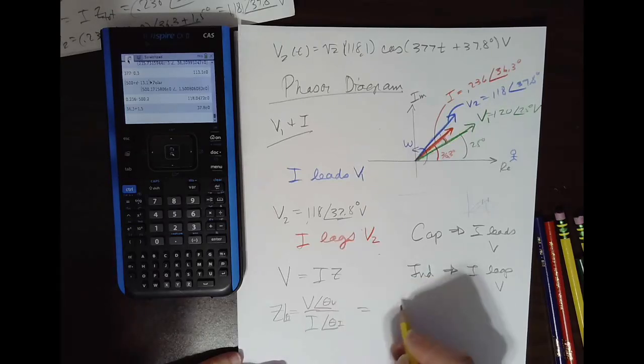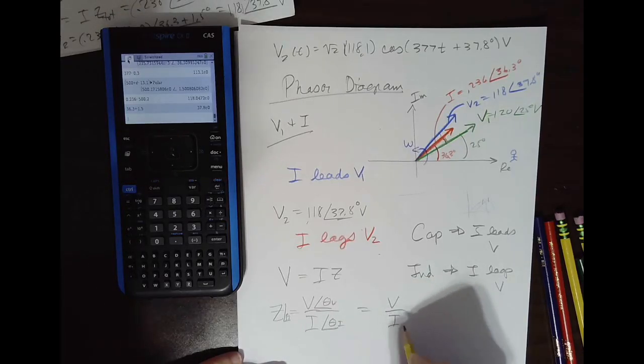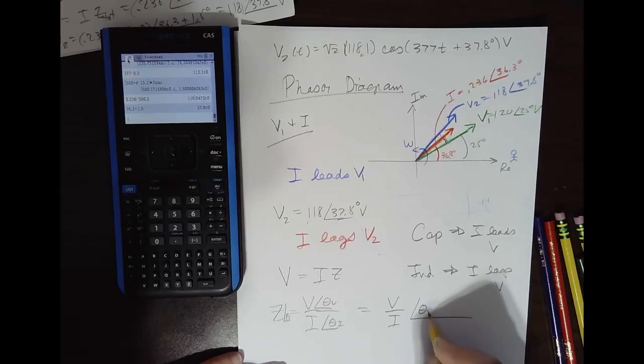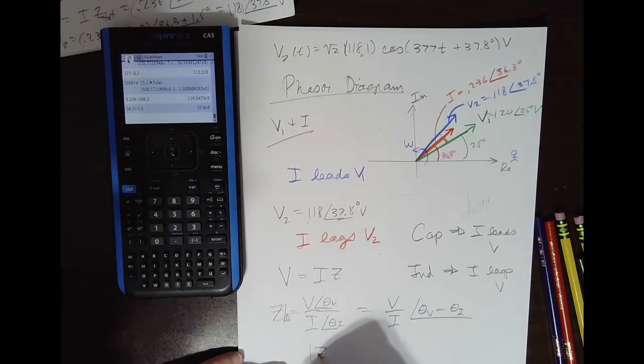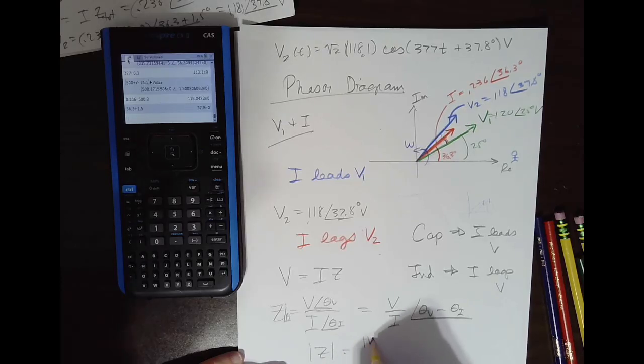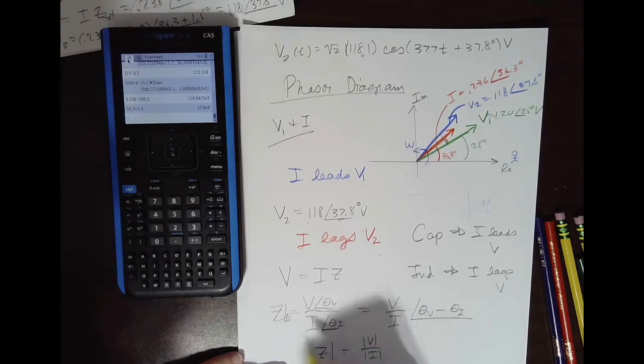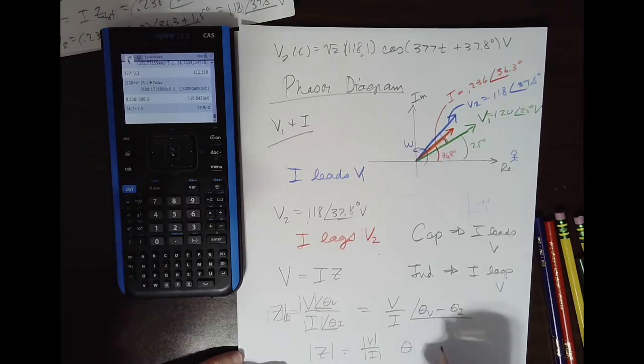What do we get when we divide complex numbers? We divide their magnitudes, and the angles we subtract. So the magnitude of Z is magnitude of V over magnitude of I. And then the angle, theta z,